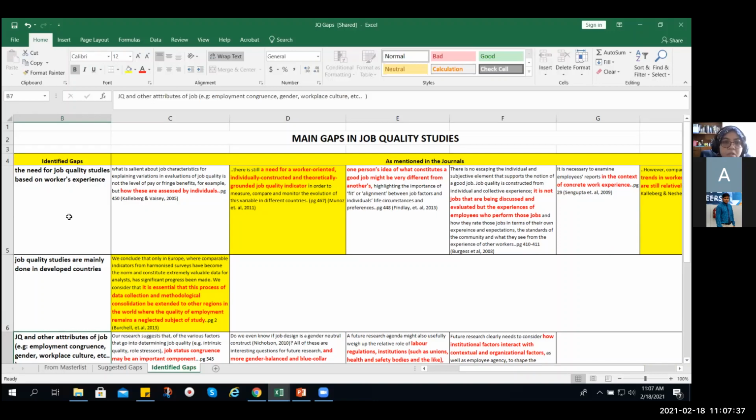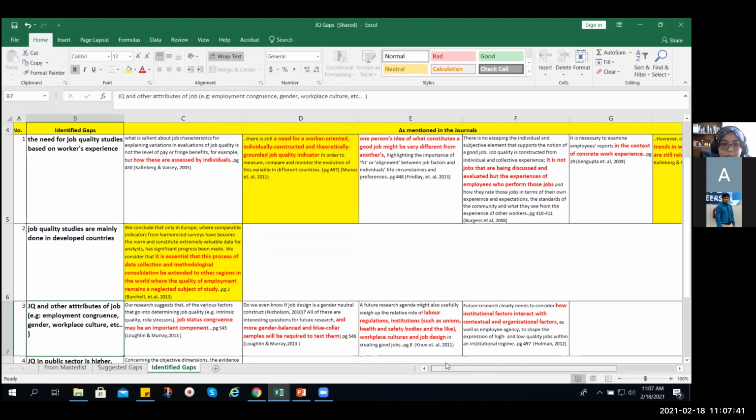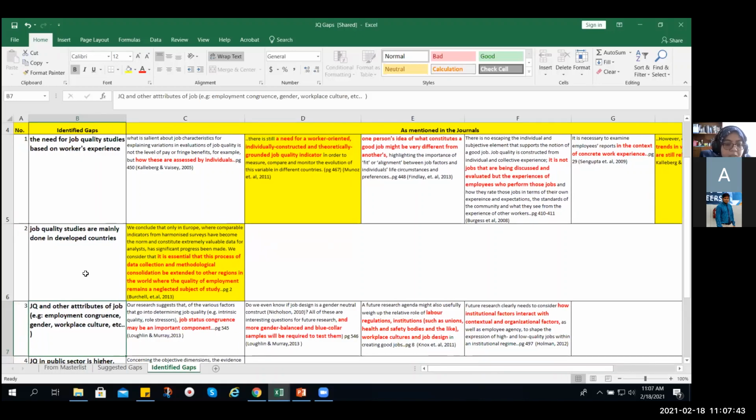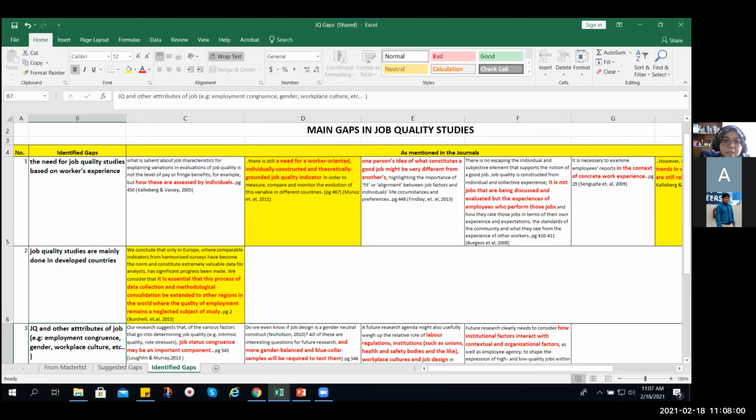Another important gap in my research is that job quality studies are mainly done in developed countries. There are very few job quality studies done in developing countries. So what you will do is, when you are able to have something like this,